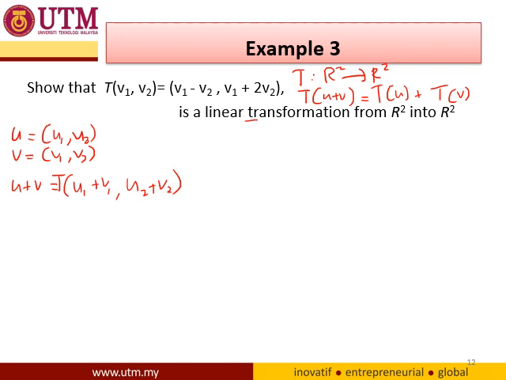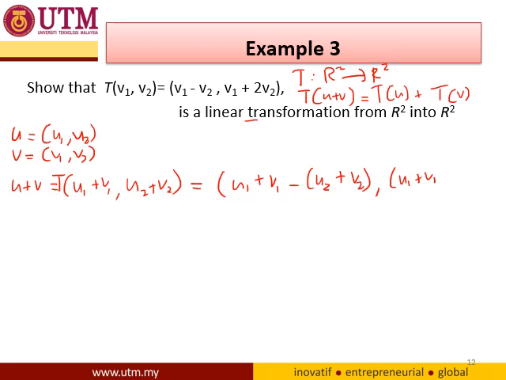So you will get your answer: the first one is (u1 plus v1) minus (u2 plus v2). Then the second one is (u1 plus v1)